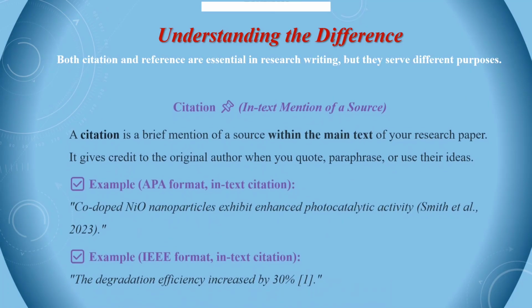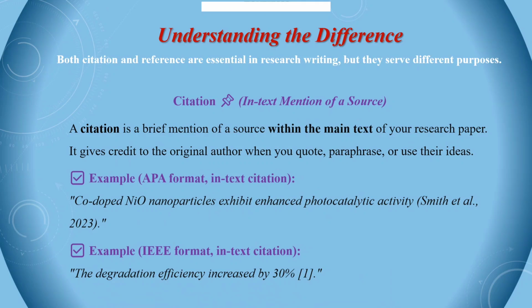Both citation and references are equally important and essential in research writing. But when we talk about the citation, a citation is a brief mention of a source within the main text of your research paper. It gives credit to the original author when you quote, paraphrase, or use their ideas. For example,